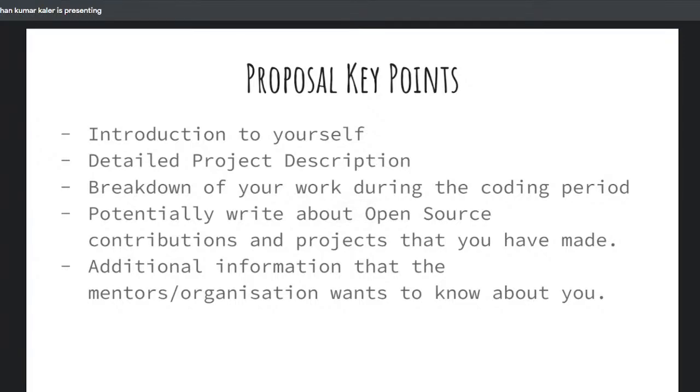Don't be shy about writing something or not. You have to write everything that you know about the project. And in the proposal you have to break the project into parts, into a week schedule of how you will be implementing it during the course of the coding period, so that the mentor can go through the project details as the coding period